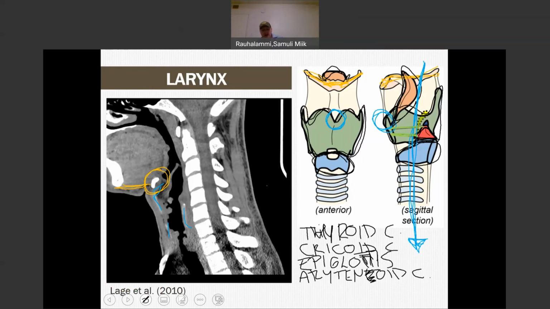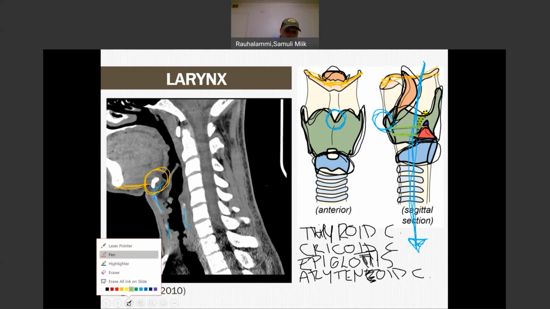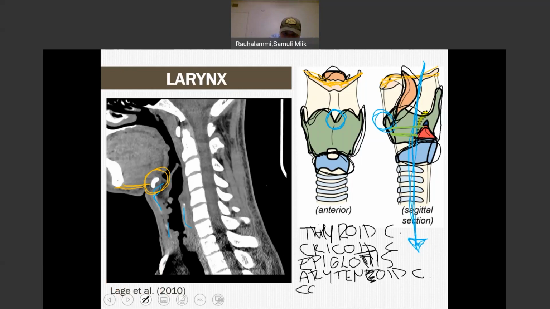And there are muscles, the arytenoid muscle, for example, that controls the position of the arytenoid, so we can tighten and loosen the vocal folds. We can also see corniculate cartilage, the very tip on top of the arytenoids. These can sometimes be fused with the arytenoid as well. Final one,